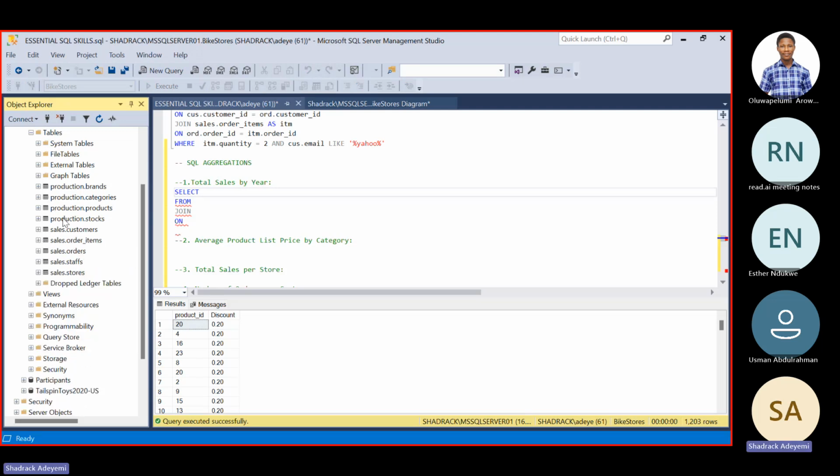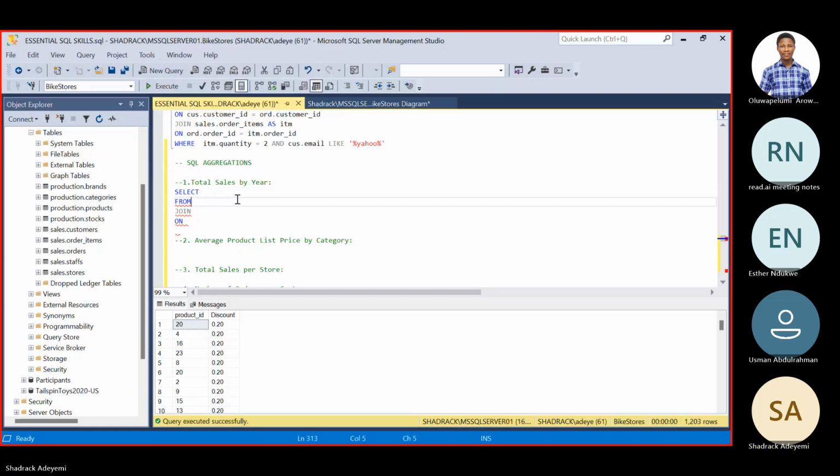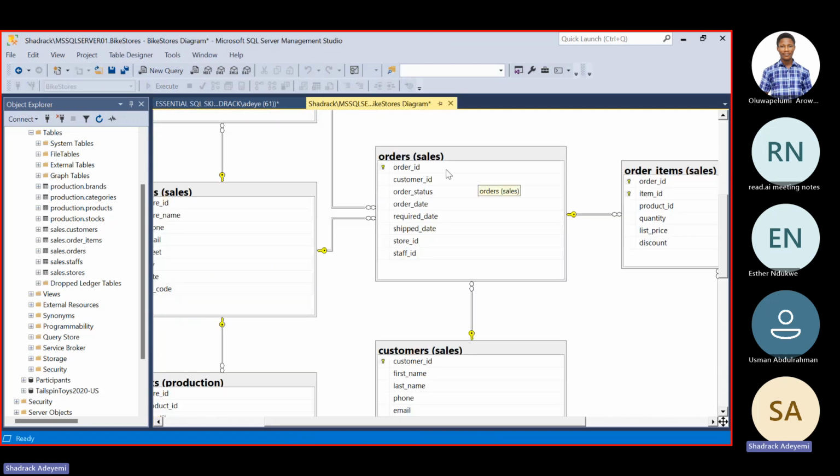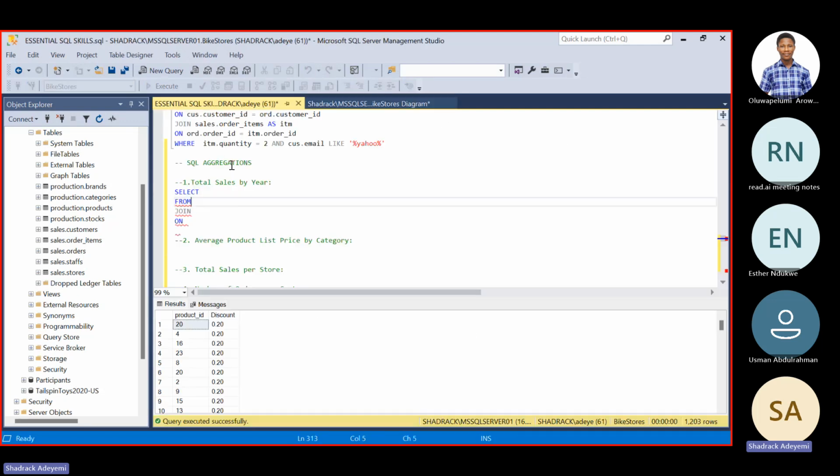Remember, we're dealing with two tables, sales order item and sales orders. So I'm going to be selecting from the sales schema, and from the sales schema I'm taking the sales order item table. I could rename this as something. Let's name it SORD, just so we don't have to always refer to this every time.